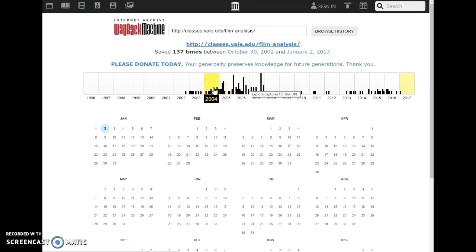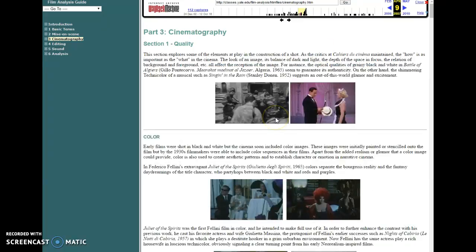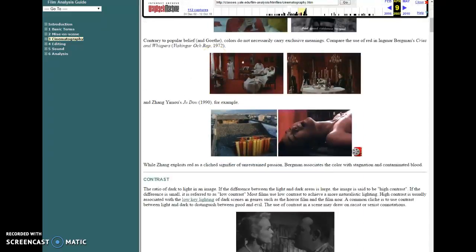So that saying that the internet is forever is really true. So if you had something that you put up and then you took it down and you think it's gone, it's not. We can find it. There are ways around, and the assignment that I've given you guys is proof of that. Because this website was taken down a long time ago, and yet we can still access it. Yay! So do make sure that you read through this,